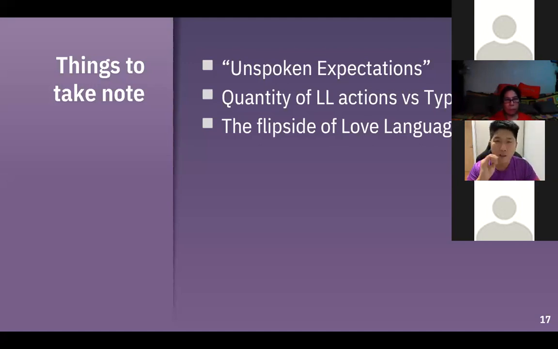So if you want to be more economical and make your relationship really solid, find out what their love language is and then try to incorporate bits and pieces into your daily life. Make your love life more exciting as well. Okay? Now, one more thing I need to mention: why people stop doing love language actions.